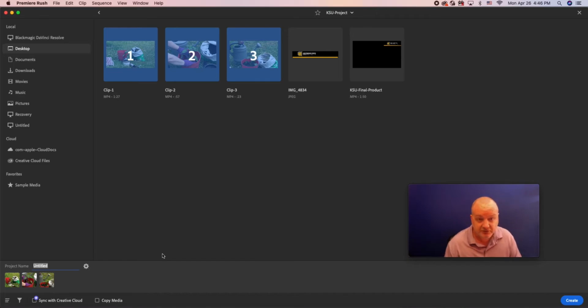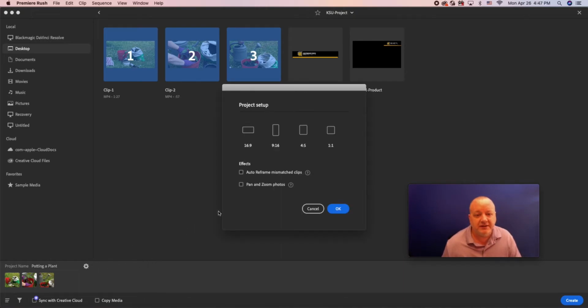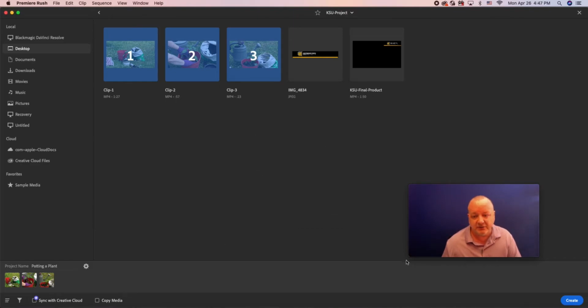If you click down here, you can add a title. And if you select the little gear icon, now you can select which aspect ratio you'd like this to be in. And I recorded this in 16:9 with a computer in mind, but if you were doing this for Instagram or Facebook or some other social media, then you might want to use one of these other aspect ratios. And that might require you to record a little bit differently too, so that you had some footage that would fit in those sizes. Okay, so we're going to select 16:9 and hit OK,